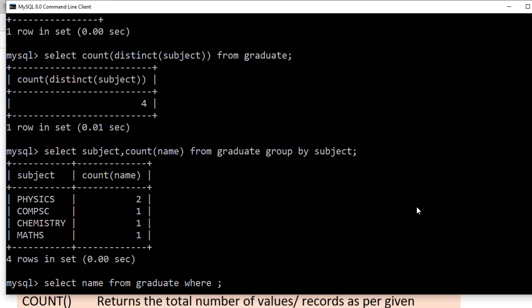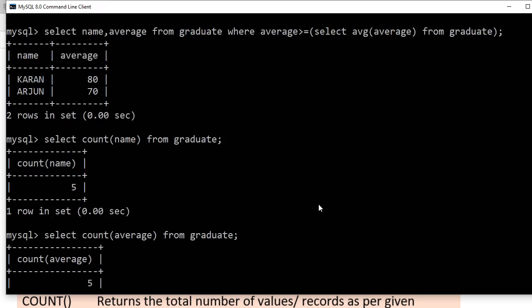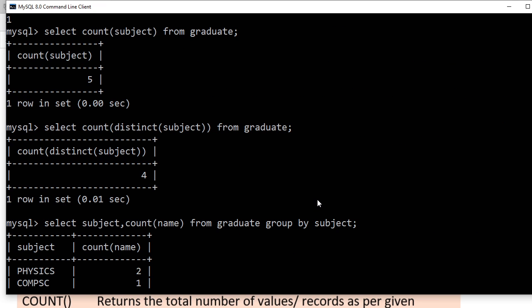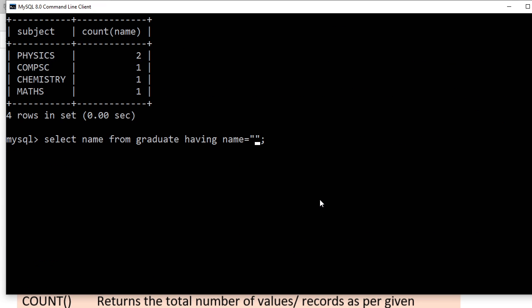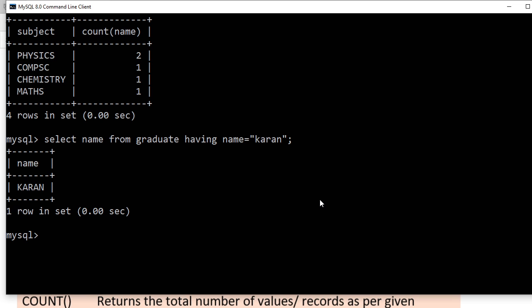Here also you can avoid the where clause. This is going to give you graduate having. Suppose name equal to anything you can write, name having. I'm going to put here name Karan, let's suppose. See. So now you can manipulate and formalize each query according to its need.